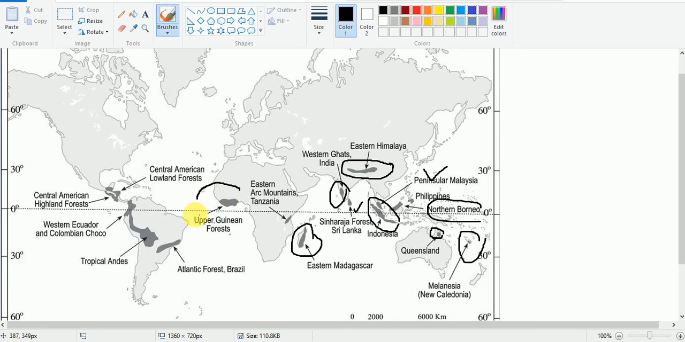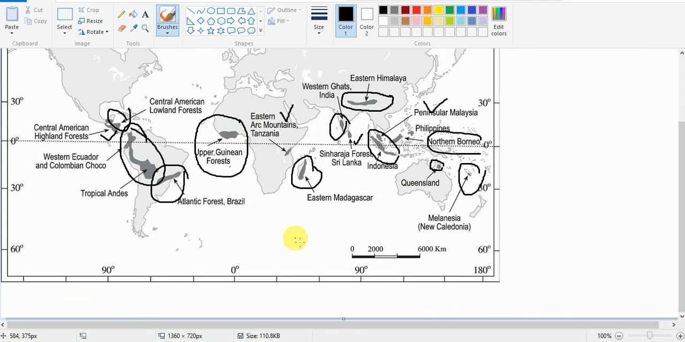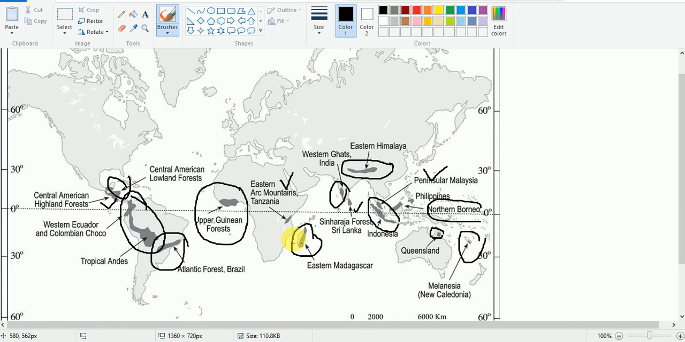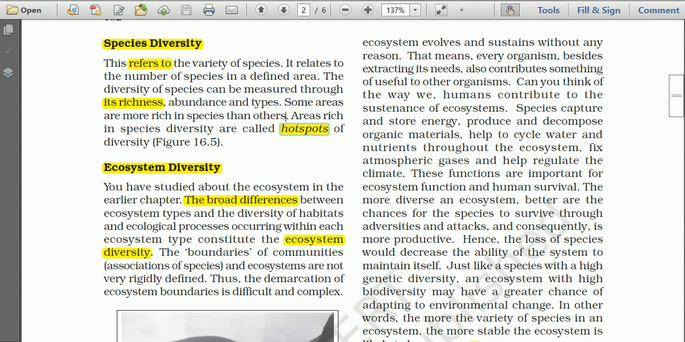And here we have Upper Guinean forest, then Eastern Arc Mountains, then Central American lowland forest, then highland forest, Western Ecuador and Colombian Choco, then tropical Andes, then Atlantic forest, Brazil. So these are some of the ecological hotspots on the Earth's surface. And we have one more